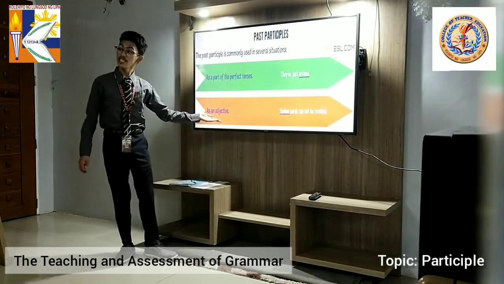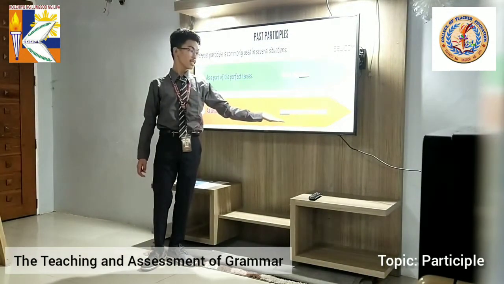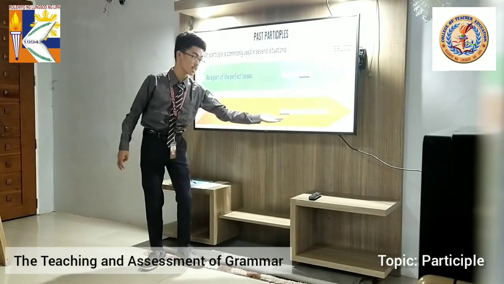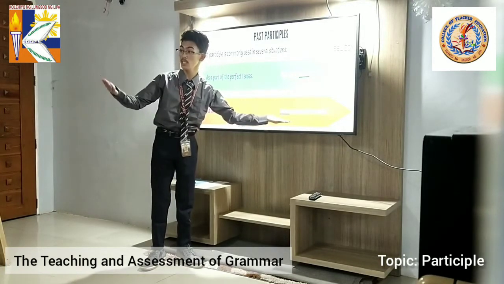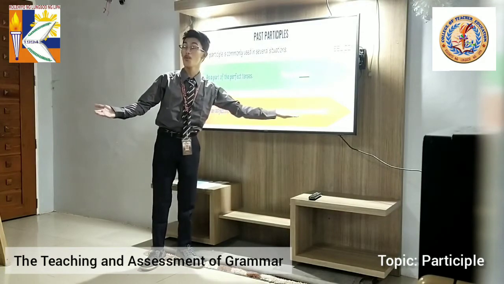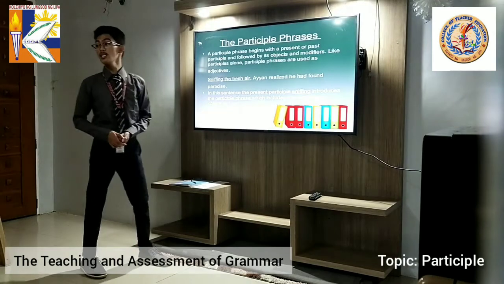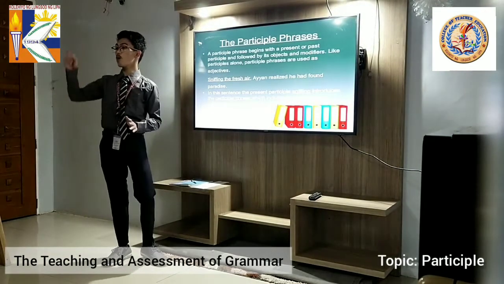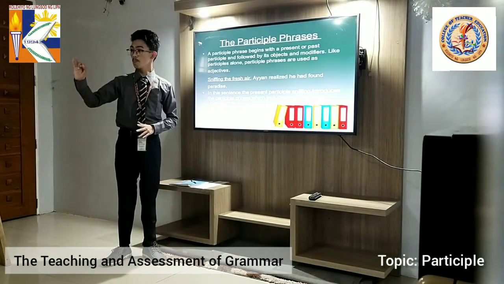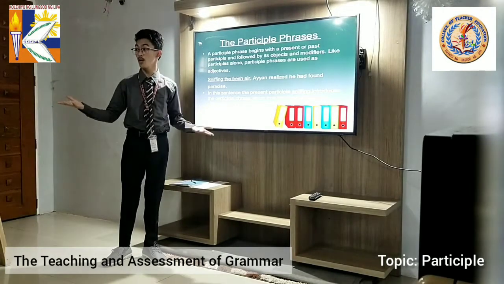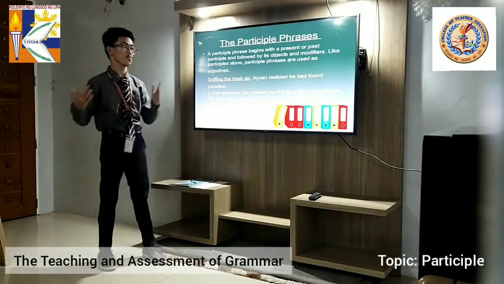How about as an adjective? Spoken words cannot be revoked. Okay, spoken is used as an adjective that modifies or describes the word words. Great. Now let's move on to participial phrase. Okay, we have discussed now participle, present participle, and past participle. Let's now talk about phrases. Okay, we're done with the words. Now let's talk about phrases.